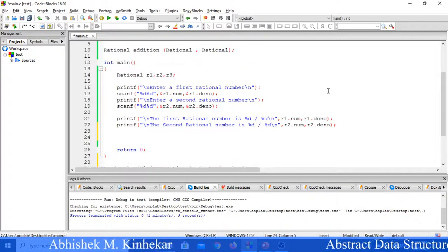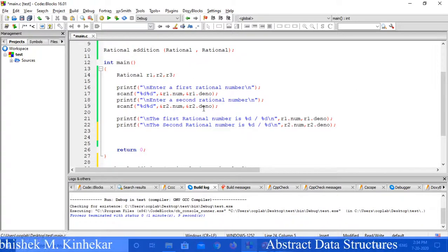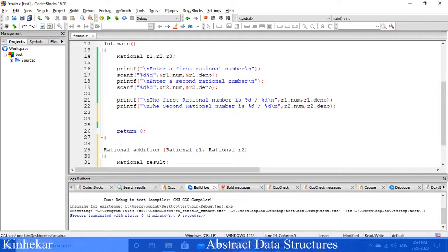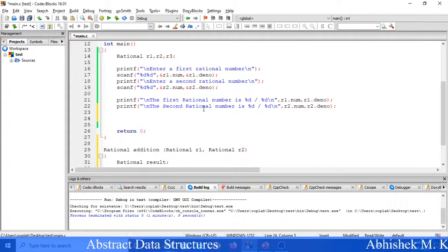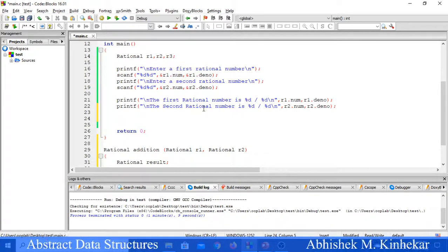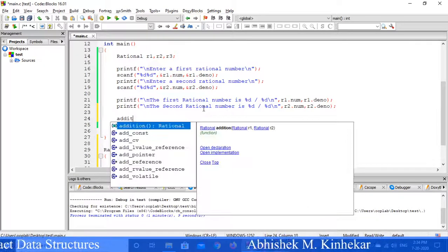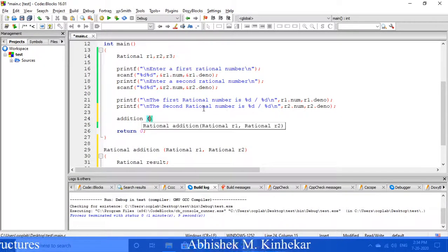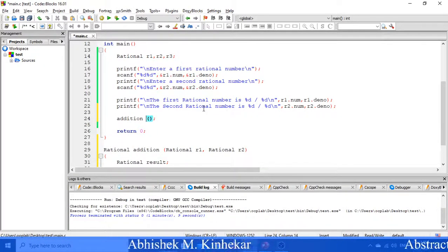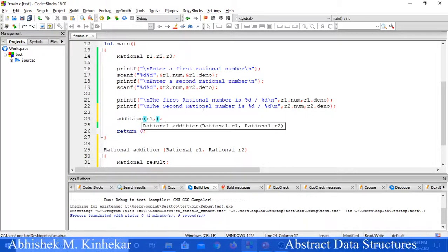Now up to this point in the main program I have read two rational numbers, correct? Now let us call the addition function over here for its addition. So how do we call? We simply say addition and pass two parameters. Which are these two parameters? First parameter is R1, second parameter is R2.